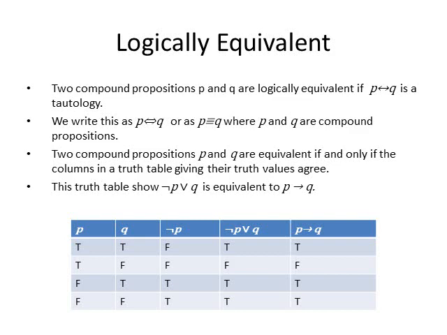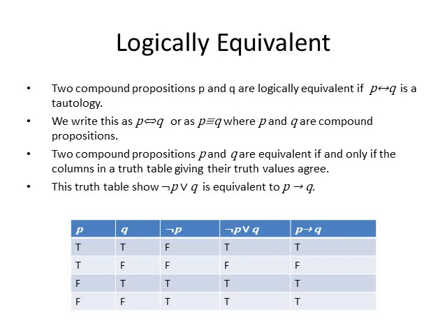So this is the exact definition of the biconditional statement. When P and Q agree on the truth value, then the biconditional statement is true. So another way to define logical equivalence is: if P double implies Q is a tautology, then P and Q are logically equivalent. The simplest tool to show that two statements are logically equivalent is the truth table.